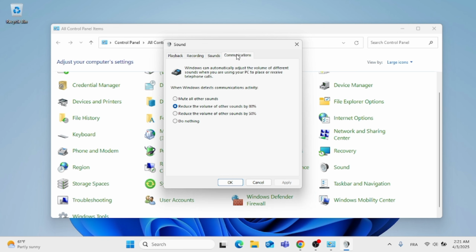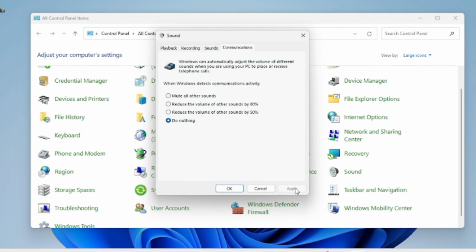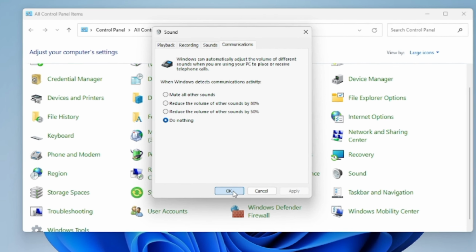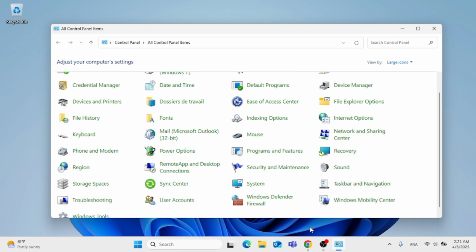After that, go back and click on the Communications tab. And click on Do Nothing, then click on Apply and OK. And after you have done all of that, just go ahead to the sound options again